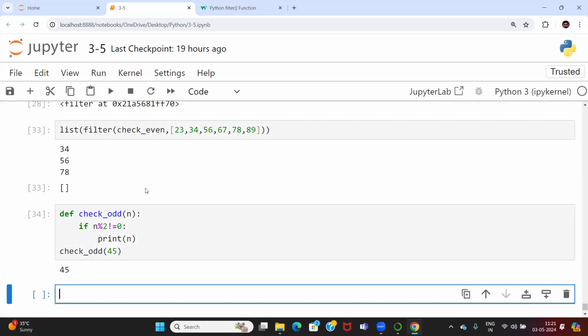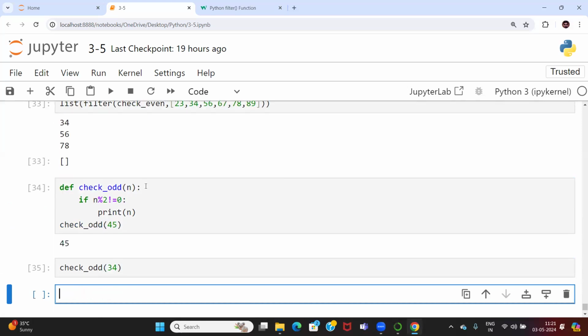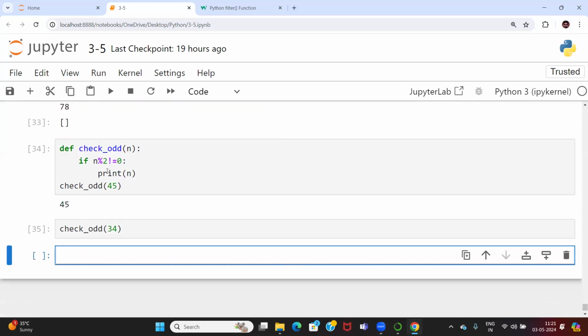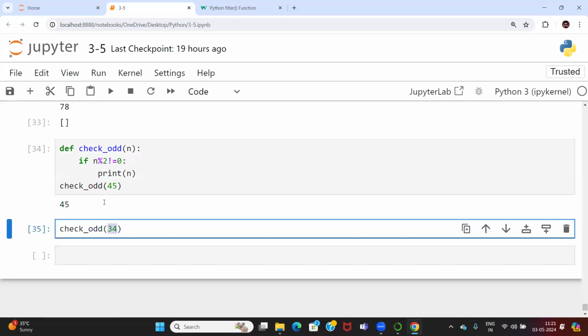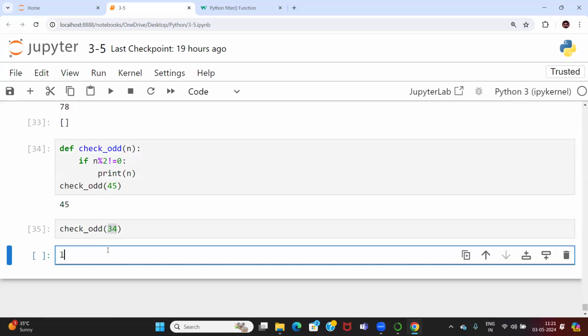45 is printing. Check odd of 34. It will not execute. Why? Because it is not actually an odd number. If it is an odd number, then only it will print. Now tell me, the list of filter of